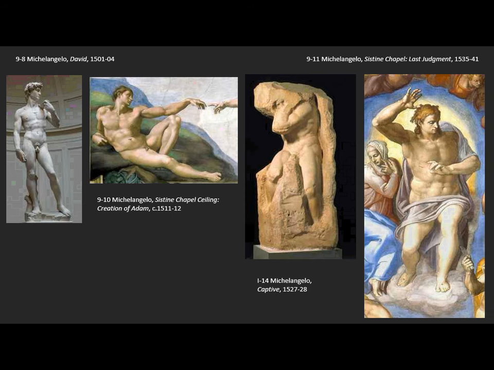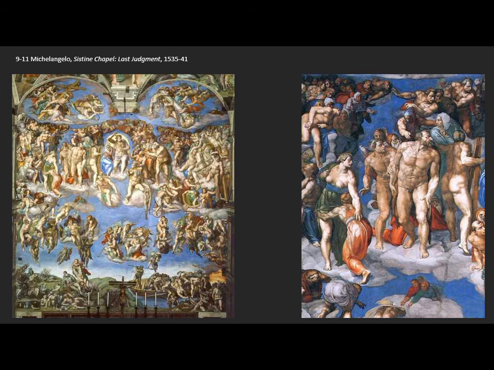So if we look at four examples, tracing our way over 35, 40 years, we see that Michelangelo's figures get broader and broader and broader still. This is the trajectory. So Michelangelo's Mannerism, this unnatural anatomy that we see here, is in fact part of a development that had been taking place over the course of decades and really explodes in the Mannerist period.